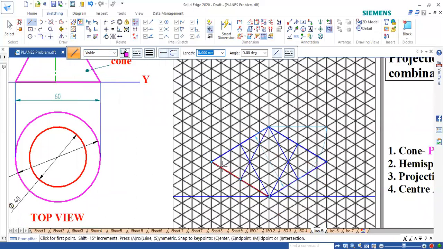For the cone I'm taking pink color. So now I need to draw an arc. We shall go with the arc by center point method. From this midpoint and this radius, I can draw one of the arcs. Again from this intersection point as the center, with this radius, I will draw one more arc. And again from here, with this as the arc radius, I will draw one more arc. So three arcs we are supposed to draw.